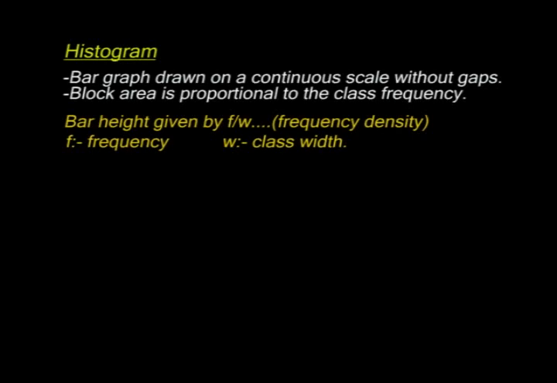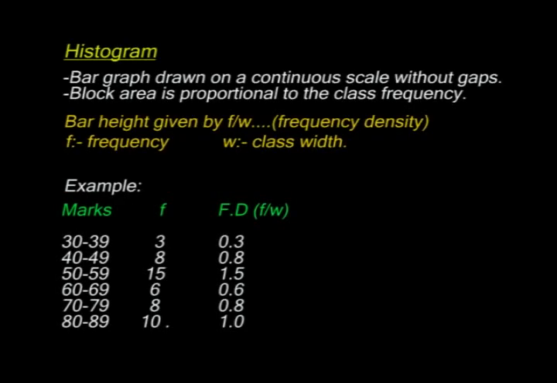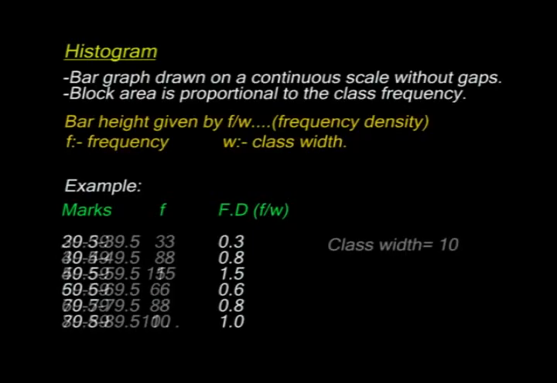We shall now use the class boundaries in our table. So our width was 10. So we'll have the table as shown here, and then we introduce the frequency density. So the class size was 10. So frequency is the number of students in this case. For example, on the first class, 3 over 10 should give us a frequency density of 0.3. Next is 8 over 10 giving us 0.8, and so on up to the last one. 10 over 10 is 1.